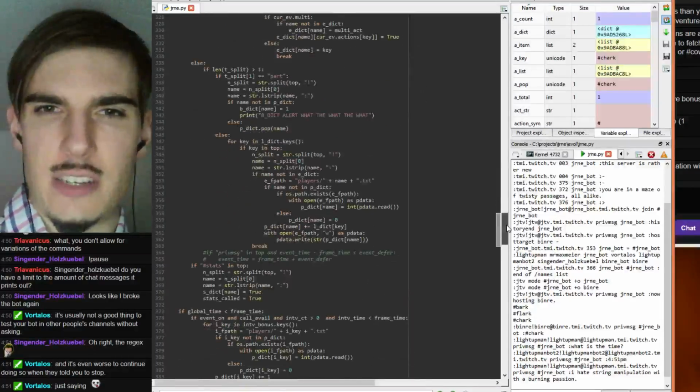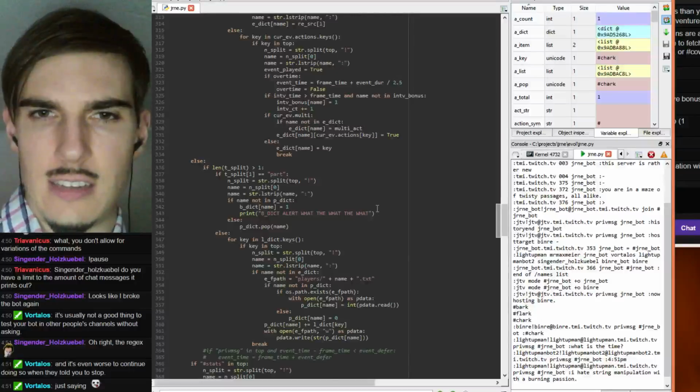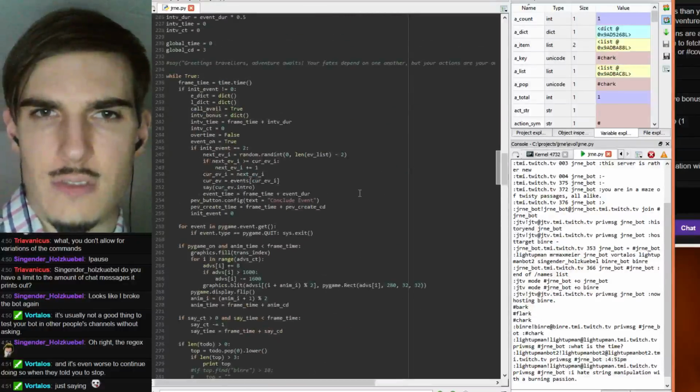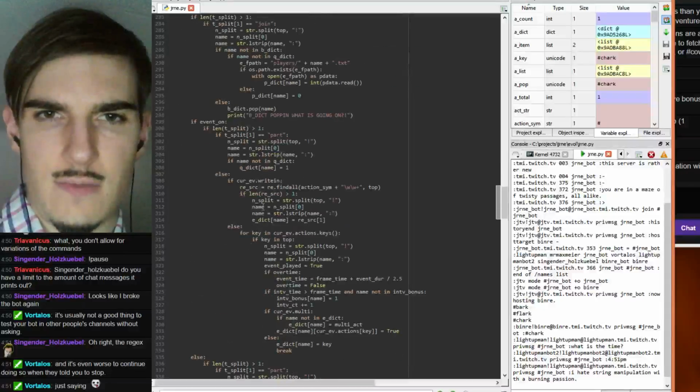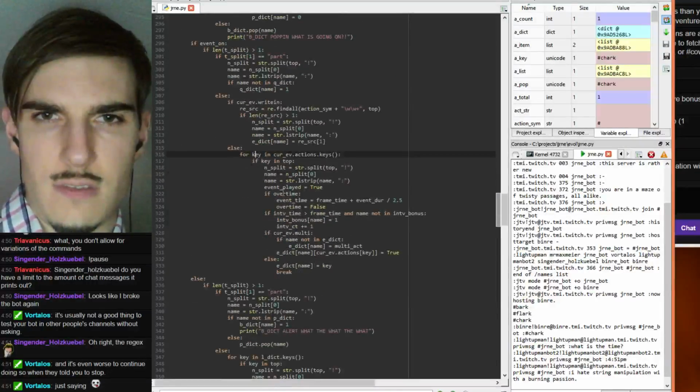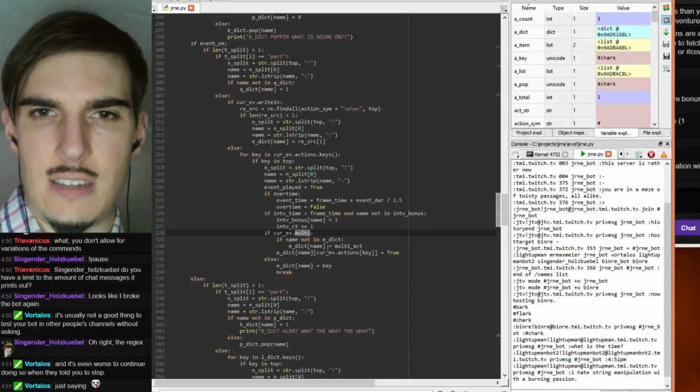Did I set up my conditional incorrectly when we were actually getting that data, or when we were actually setting the actions? Cur multi. If name not an edict, edict name equals multi-act.